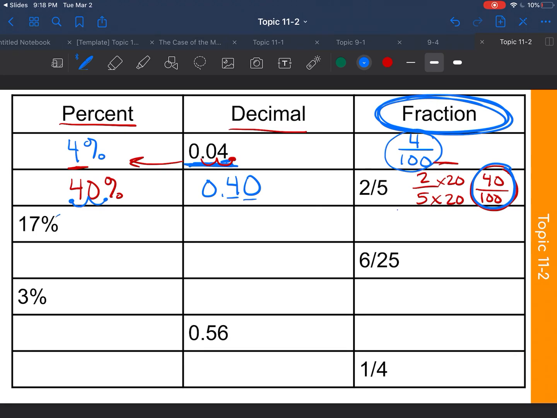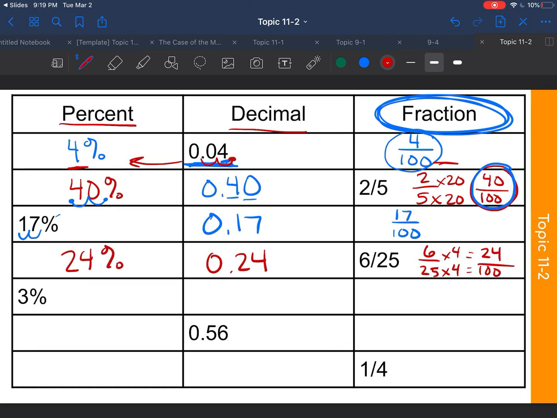17%, you can write that as a fraction as 17 hundredths. You can also shift the decimal over once, twice to get 17 hundredths as your decimal. 6/25, we can write 6/25 like this, okay? 25 times what gives you 100? 25 times 4, you get 100. Whatever you do to the bottom, you do to the top. You get 24 hundredths, which is the same thing as 24%